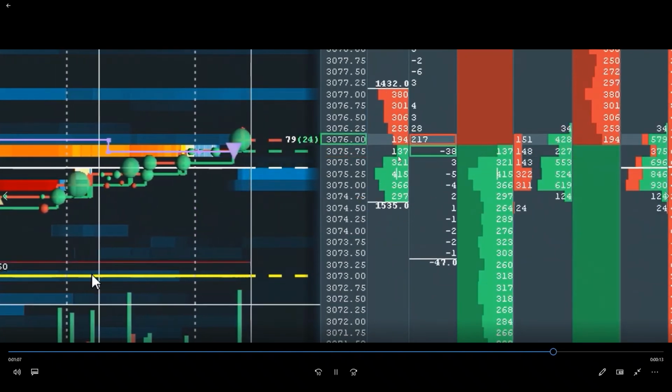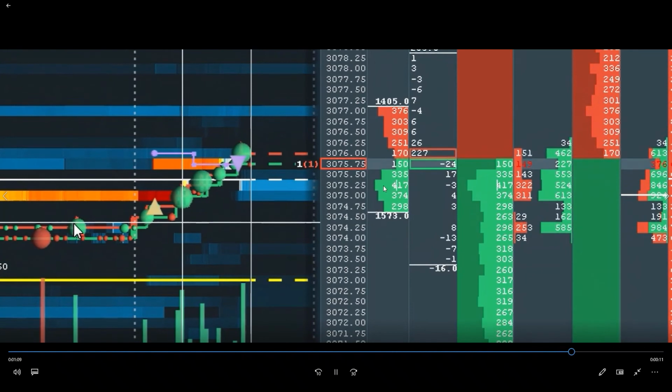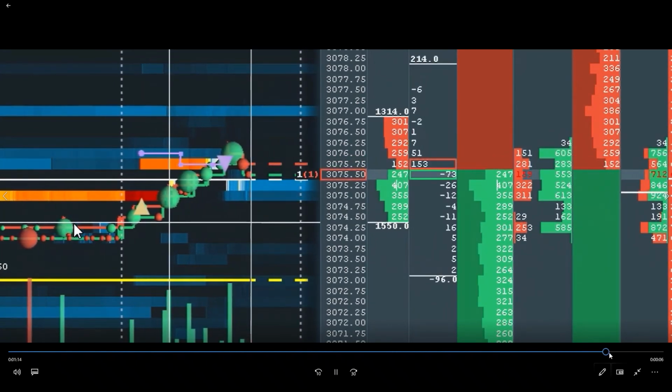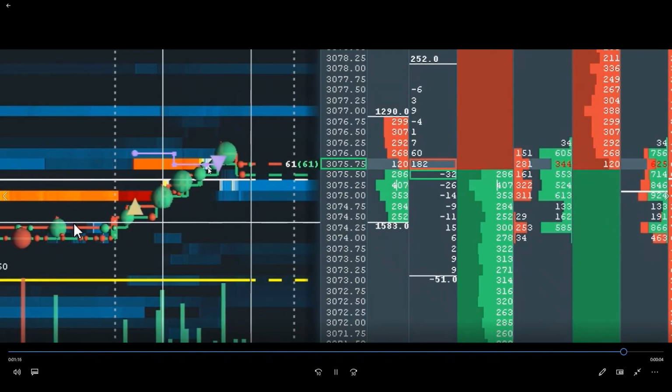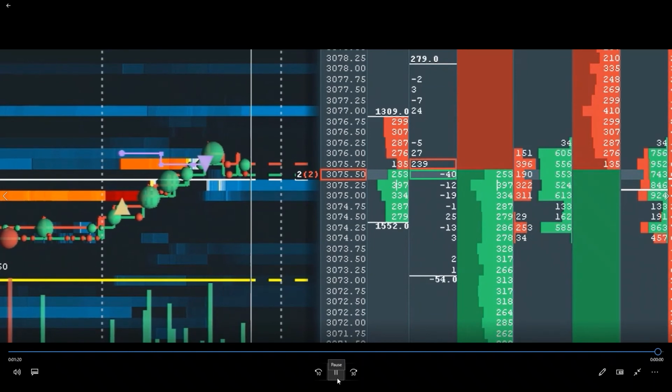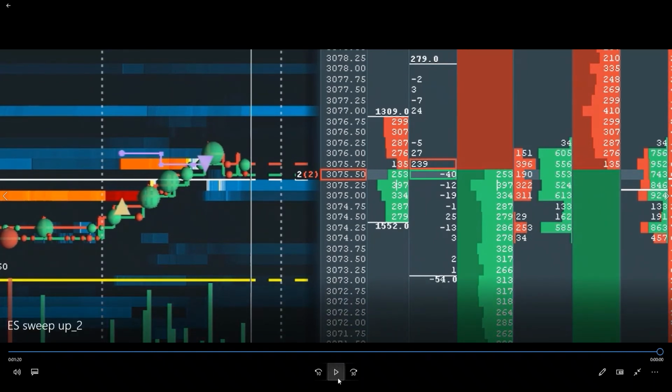Yeah, there was some bid imbalance over here before taking that level. Okay. Multiple examples. Okay,